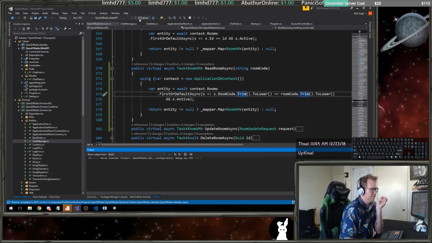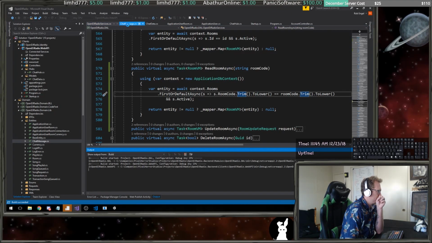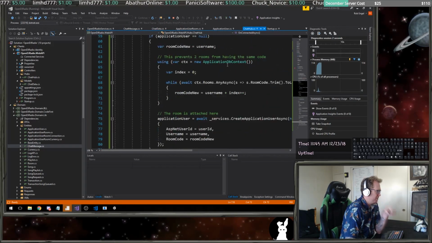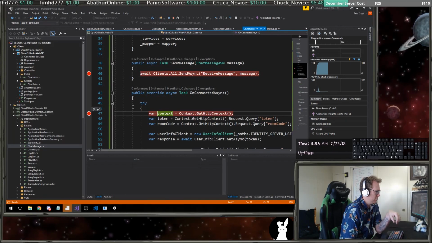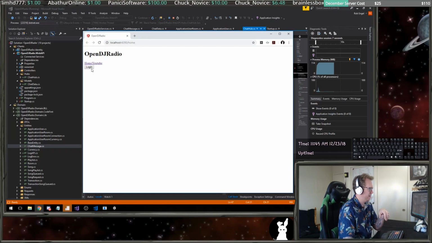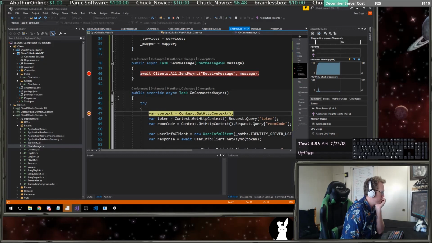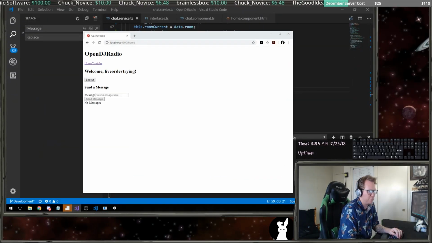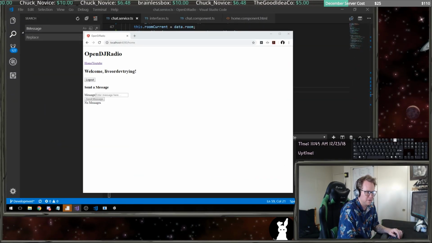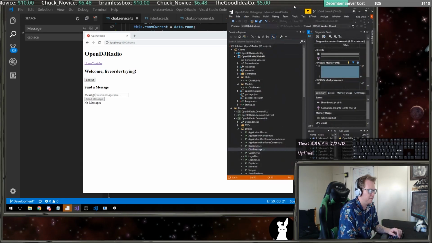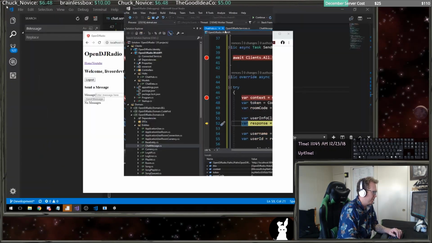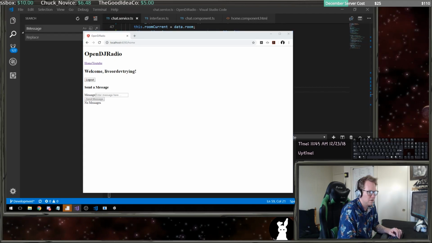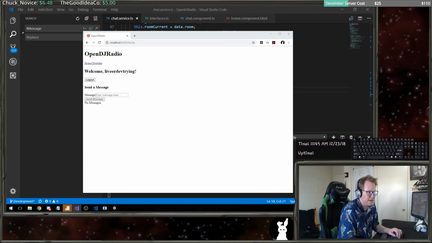Now we can run the backend. I can watch in the chat hub for when I receive data. And we can go ahead and log in. It's going to get my context and a token. Let me verify that that worked. I got a token. My room code is nothing because I didn't pass one in. We're going to get my user info client, which I got a response on, and